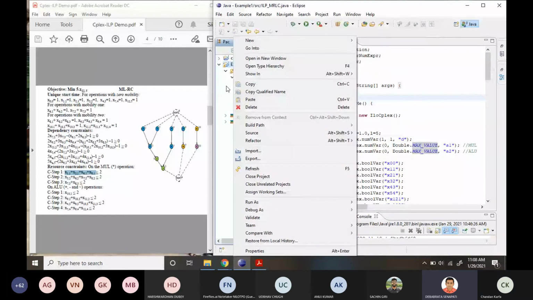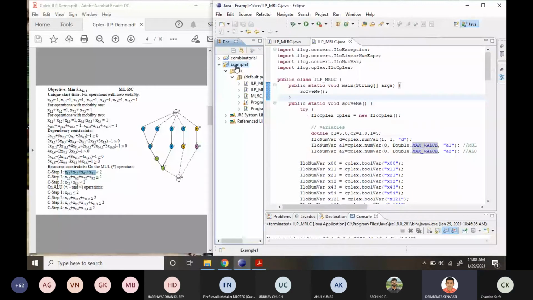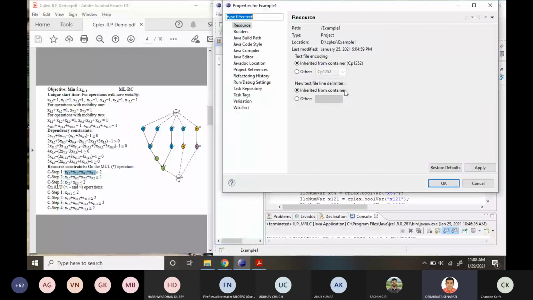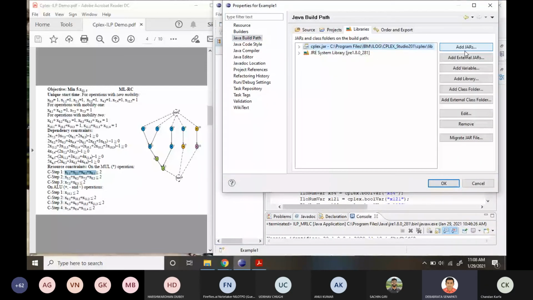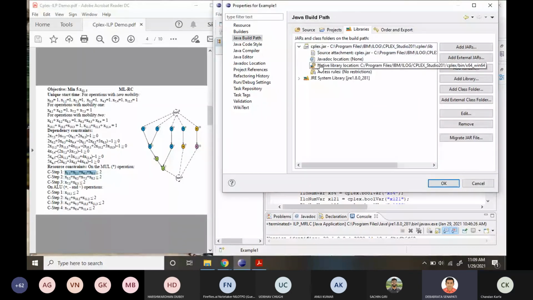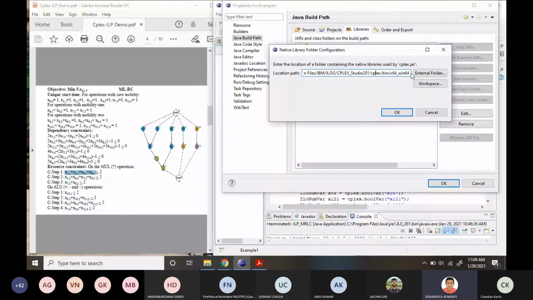In order to set the library, go to the project properties, and in the Java build path, add the jar file coming from the installed CPLEX. Accordingly, you need to set the path where the native library location is. The path should be the CPLEX bin win64, which is the installed location of the CPLEX file.